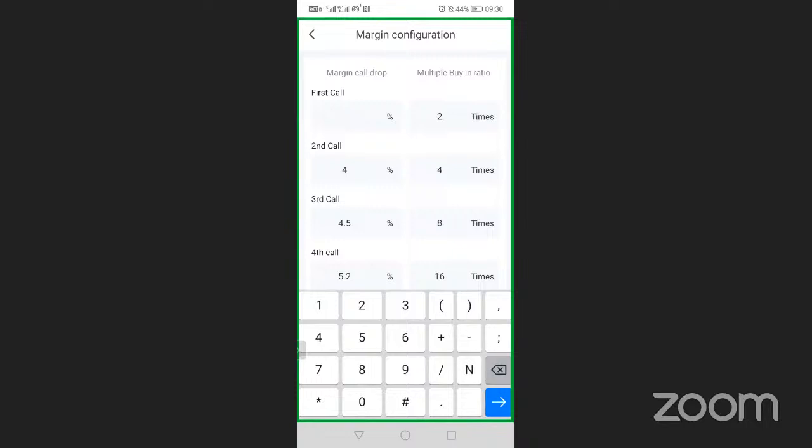Remember, our strategy is still 0.2 on the first call. I'm still repeating: it is 0.2 on the first call.